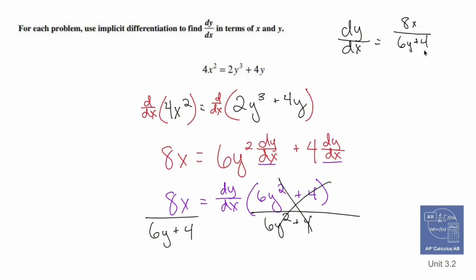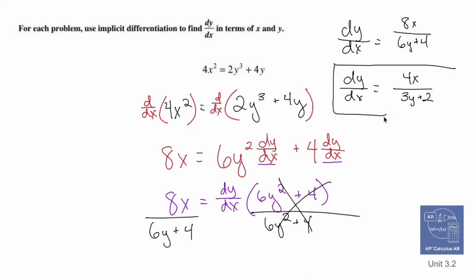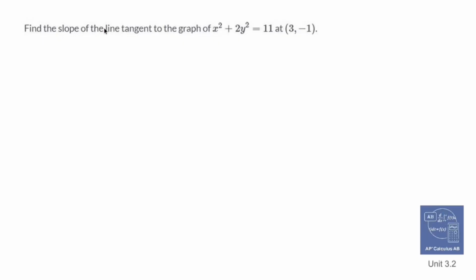And really the only thing that you could do here is notice these are all even numbers, so you can divide all of those numbers by 2, and you would be left with 4x over 3y squared plus 2. But that's your guy. You are looking at an answer with x's and y's in it because that's how implicit differentiation works. Fun stuff. Find the slope of the tangent line to the graph x squared plus 2y equals 11